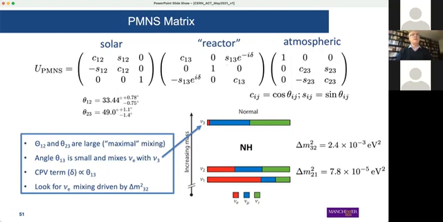Now, this one is actually very interesting, even though it is expected to be small, because we see here this phase delta, which is the ultimate prize. We want to understand CP violation, but in order to do that, we have to be able to measure this term, which requires that this factor in front of it is definitely not zero. From the measurements we have done so far in the solar and atmospheric sector, we see that these angles are quite large, and the mixing between the states